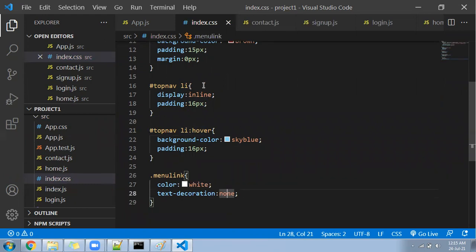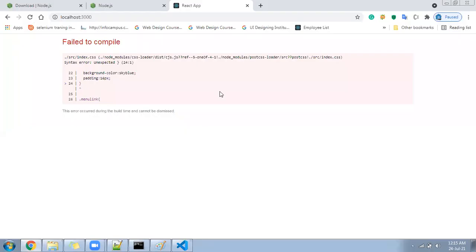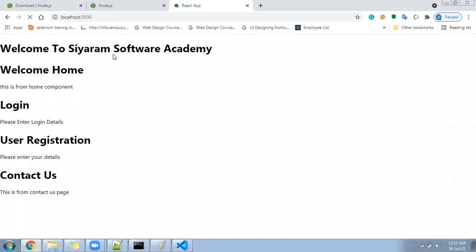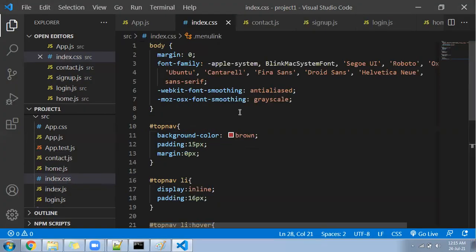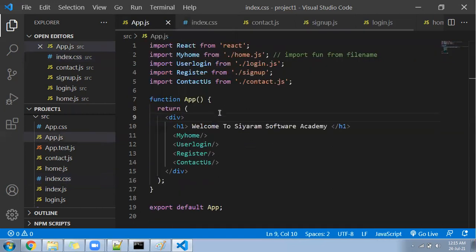Let's come to the main file and there we can create a navigation so that this page will look a little more better, right? This page will look like a navigation on the top. So next is what? See, we created the component. I went to the index.css file. I wrote some CSS here. I'll come to the app.js file now.